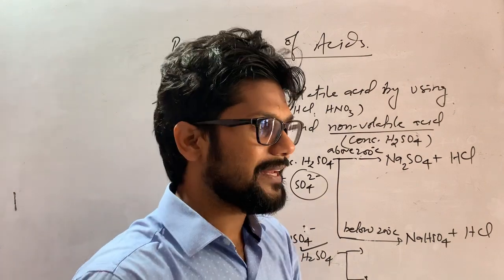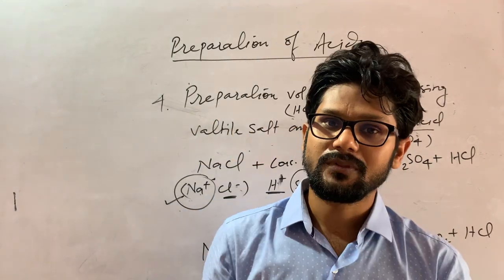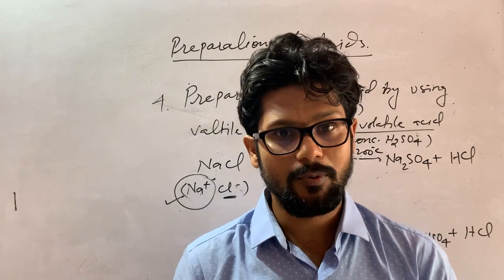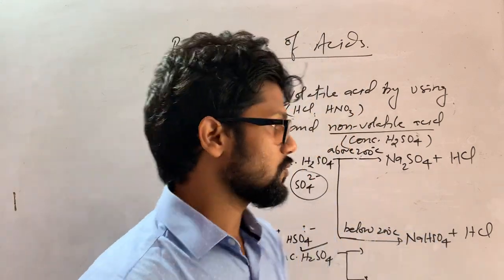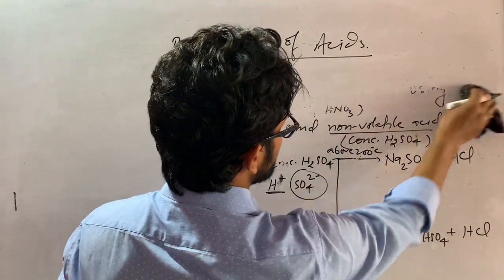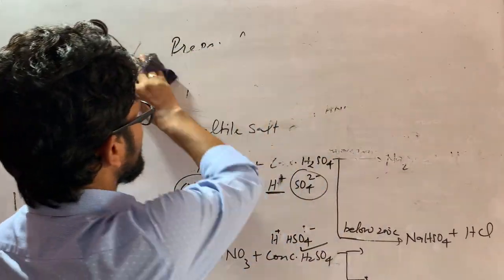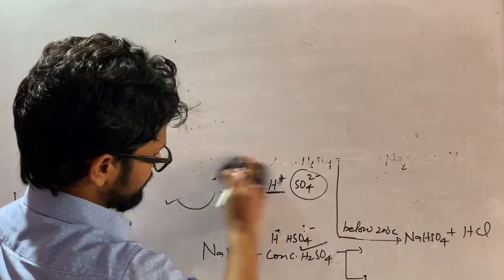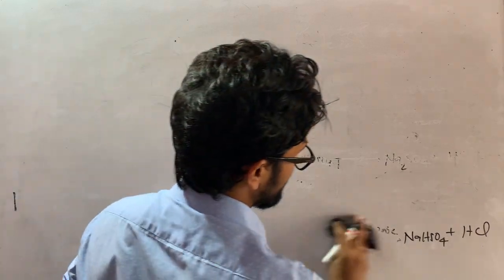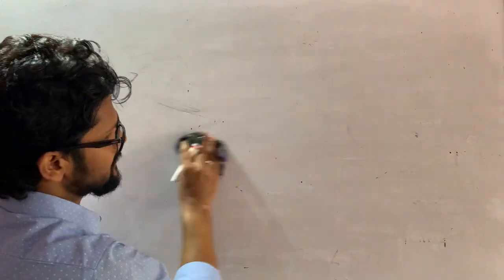Now we are moving to the next point, that is, what are the physical properties of acids. So we are going to see them one by one. The first is taste. You know that acids taste sour. So the first physical property is that the taste is sour. One more thing you remember: you can't taste a mineral acid and say that it is sour, because it is corrosive in nature.